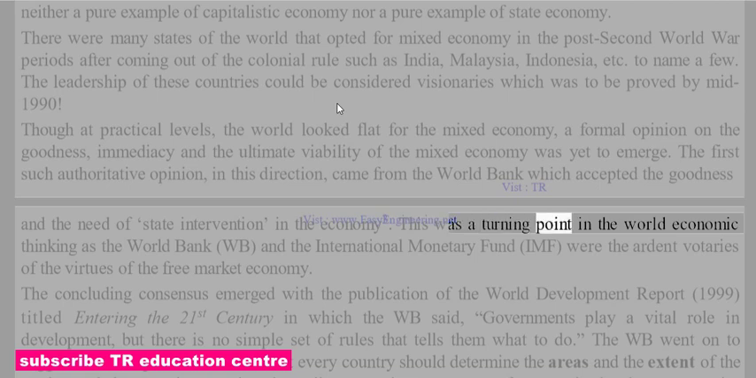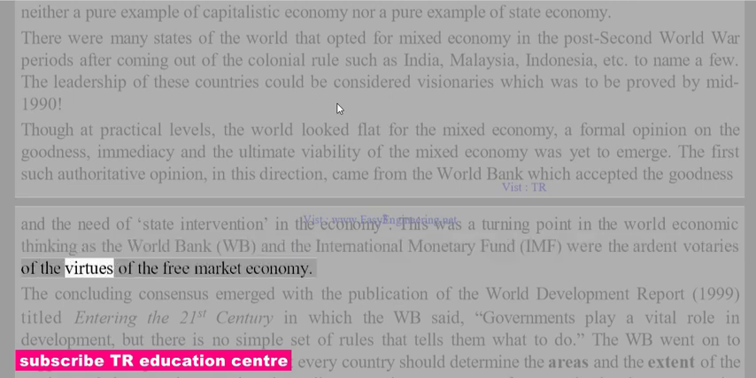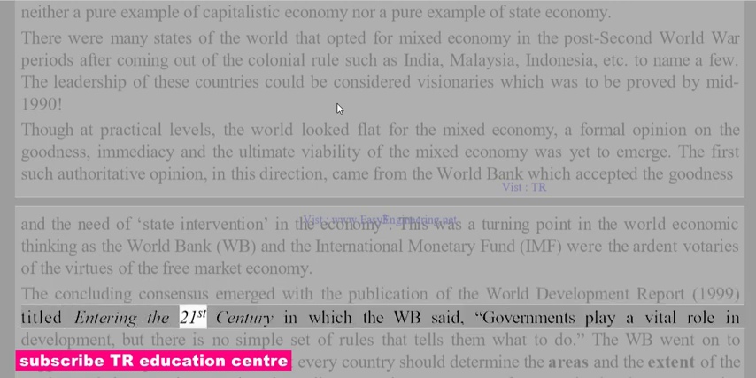It was a turning point in world economic thinking, as the World Bank, WB, and the International Monetary Fund, IMF, were the ardent votaries of the virtues of the free market economy. The concluding consensus emerged with the publication of the World Development Report, 1999, titled Entering the 21st Century, in which